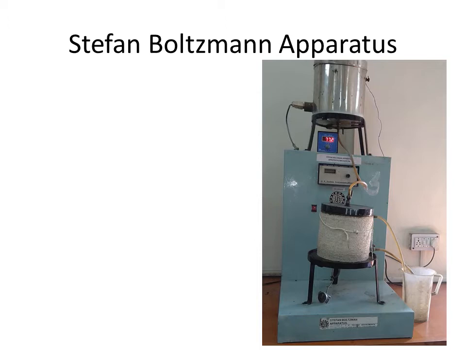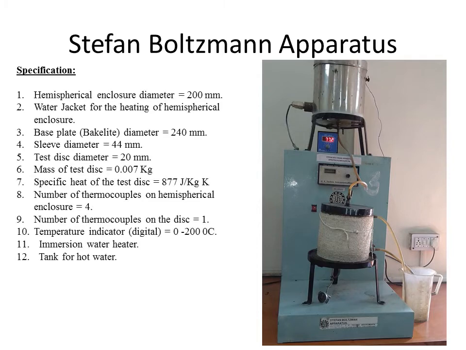The test disc is then inserted at the center. Thermocouples are fitted inside the hemisphere to average out the hemisphere temperature. Another thermocouple fitted at the center of the disc measures the temperature of the test disc. A timer with a small buzzer is provided to note down the disc temperature at a time interval of 5 seconds. Specifications: hemispherical enclosure diameter 200 mm, water jacket for the heating of the hemispherical enclosure, base plate